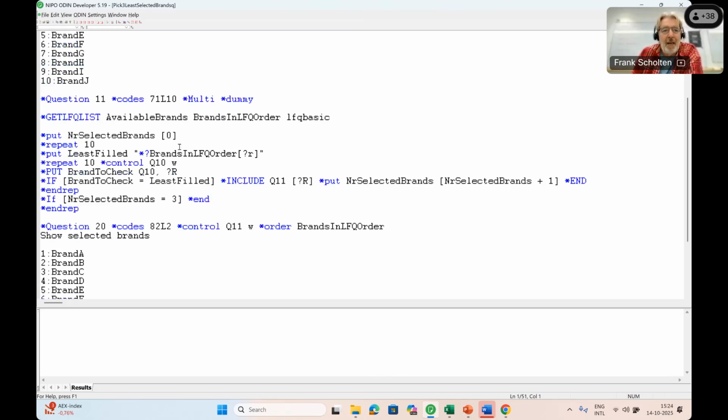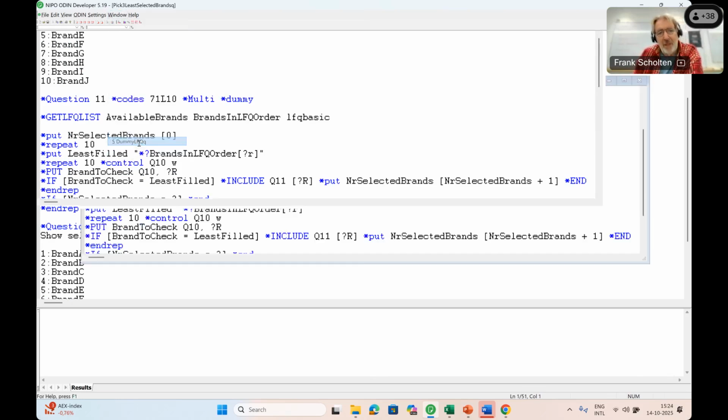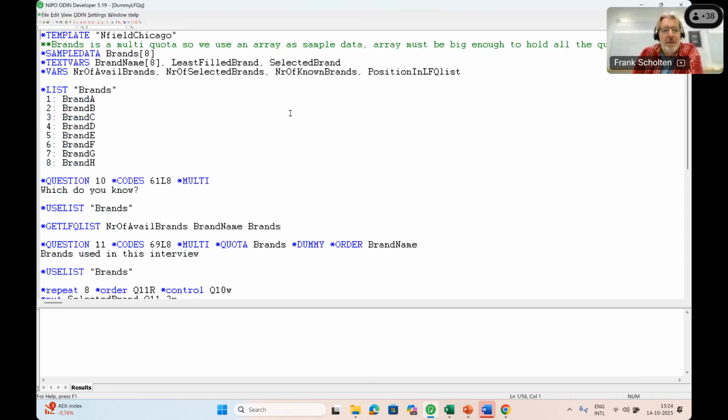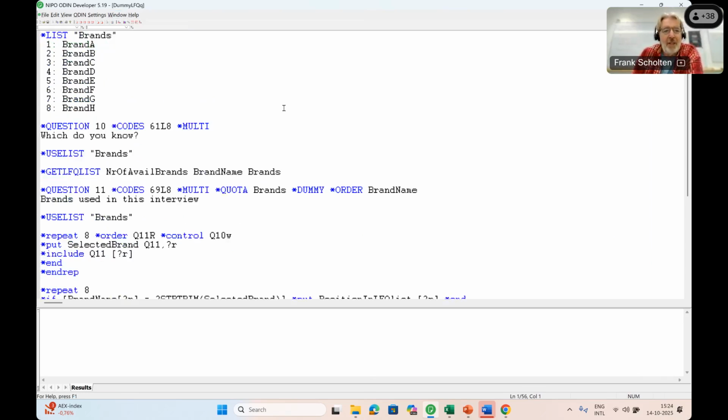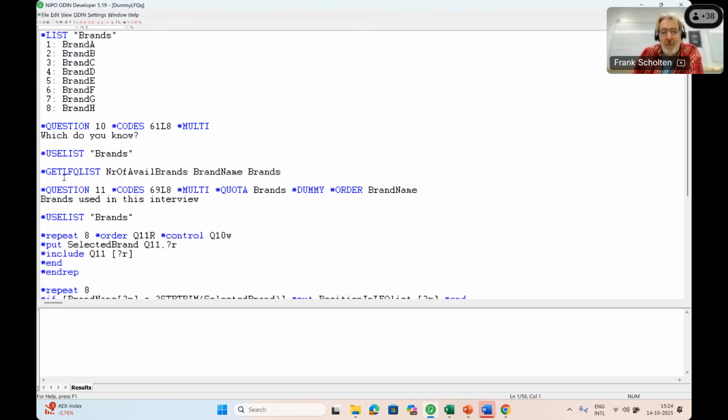that brand. Now, because we are using a least filled list, we actually have an array that is exactly in the order from least filled to most filled, and that array we could from now on use on a dummy question. So let me check the split to the next one, and that is what I'm actually doing here. So we have a question 10 here where we ask, okay, which do you know? We use this list of brands. Then we have the get least filled command, and then we have the dummy question,